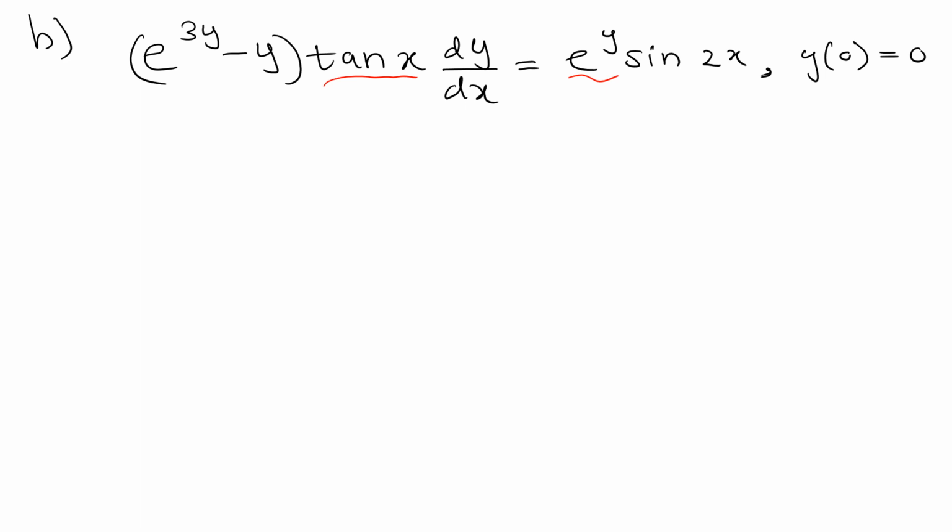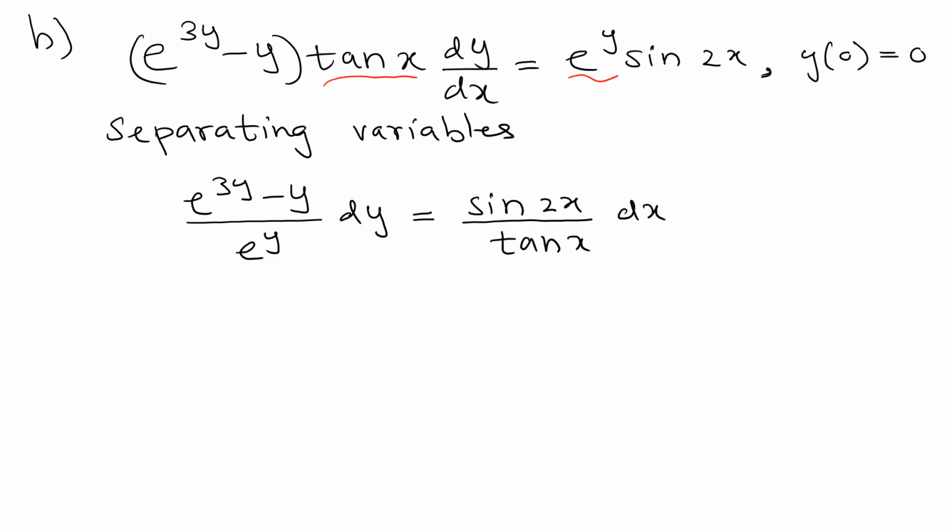Or we can simply say separating variables. Separating variables, we have e to the 3y minus y divided by e^y, and sine 2x divided by tan x dx. And then what we do next is we can integrate, but before that